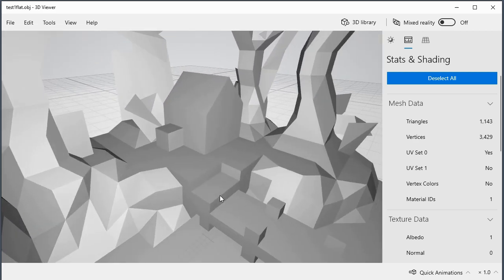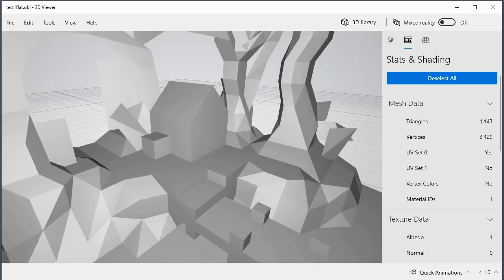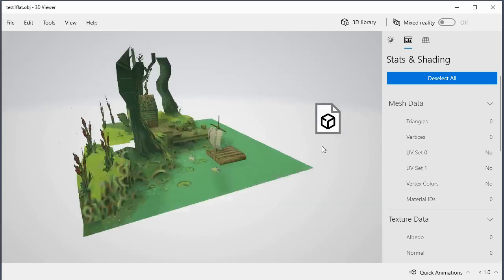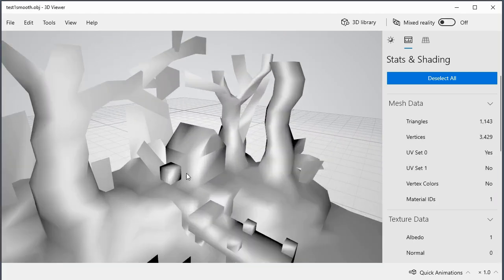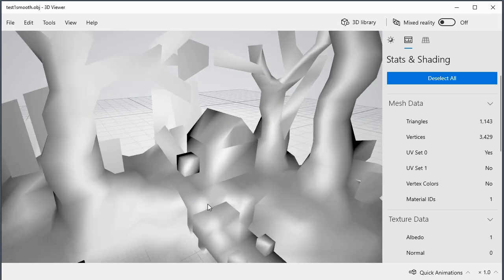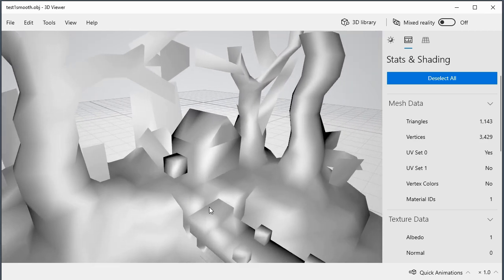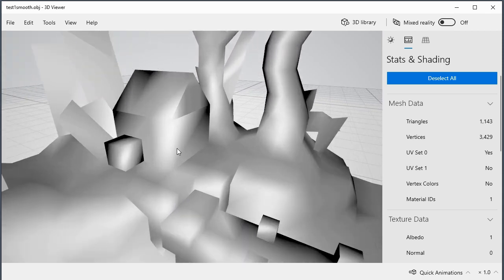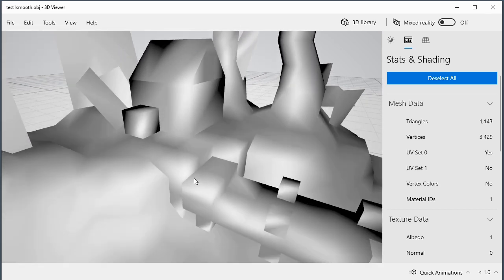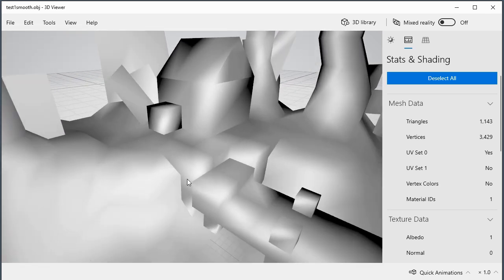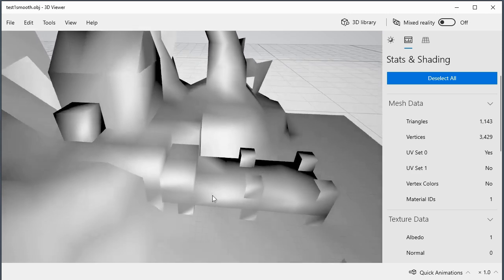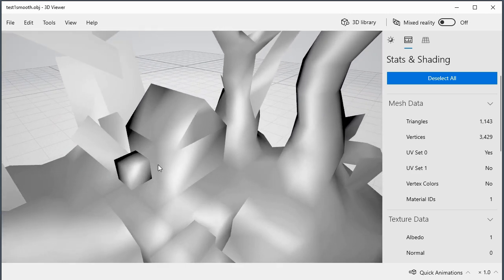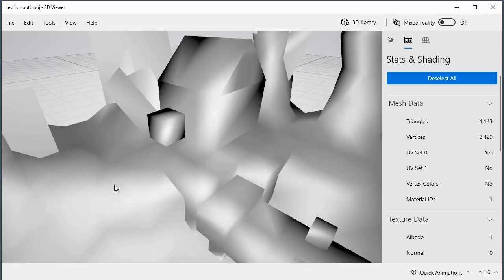Okay, now let's open a different one where I have smoothed the vertex normals using a threshold angle of 180, and this basically smooths out everything. So all the edges of the polygons, their vertex normals get averaged with neighboring polygons, so you have this shading that goes between all the polygons. Okay,